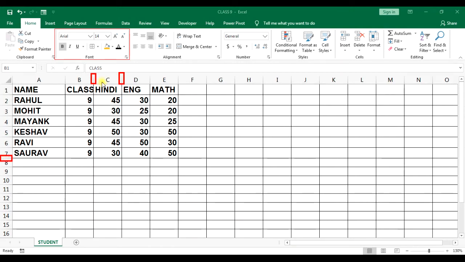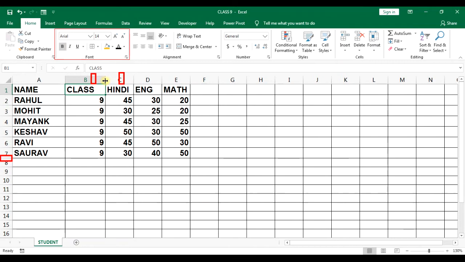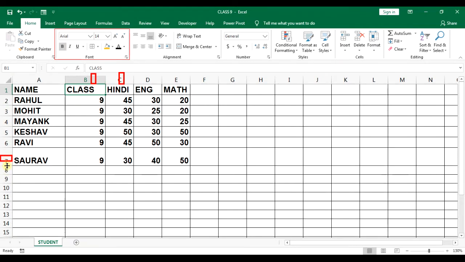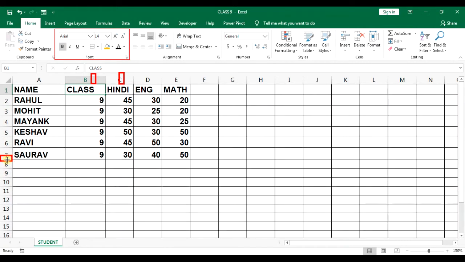Just see how I am doing it. You can see the mouse cursor has changed. You can drag it. For a row you can also drag it. In this way you can increase or decrease the width and height of the column and row.